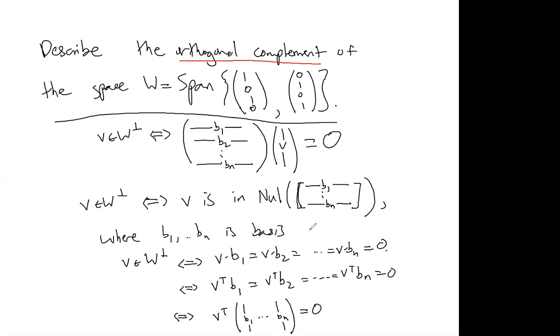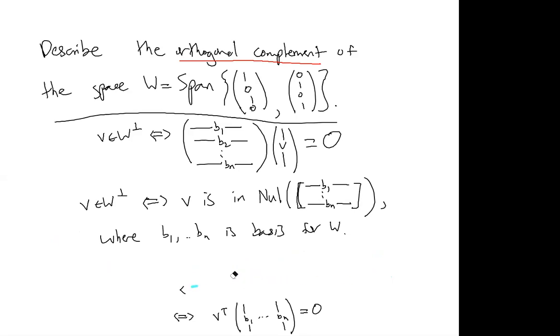So is there a question? Don't you just have to test V with one basis vector? No, it needs to be orthogonal to all the basis vectors, not just one basis vector. To be in W perp, it needs to be orthogonal not just to any old vector in W, but to all vectors in W. So you have to test it against all of the vectors. So for example, if W was the span of 1, 0, 0,